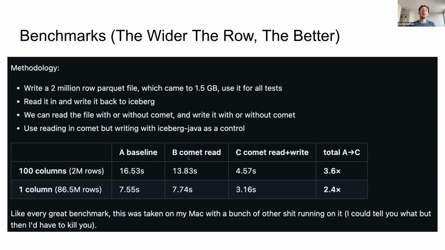All of a sudden, I enable Comet, and then I start reading in that data using Comet, processing it, and then writing it back using the normal Spark APIs, which means we have to do a transpose and then write normal Parquet files using Java's Parquet writers. You can see there's still a significant performance improvement, but ultimately where we end up getting the best performance,